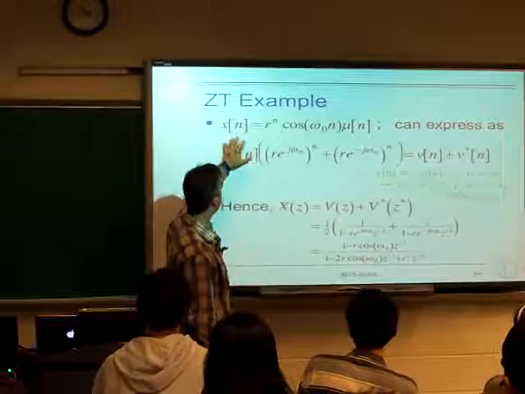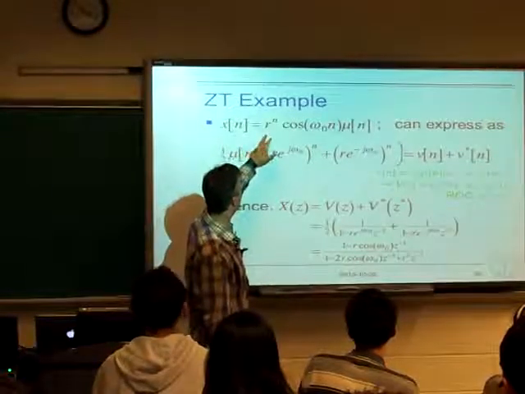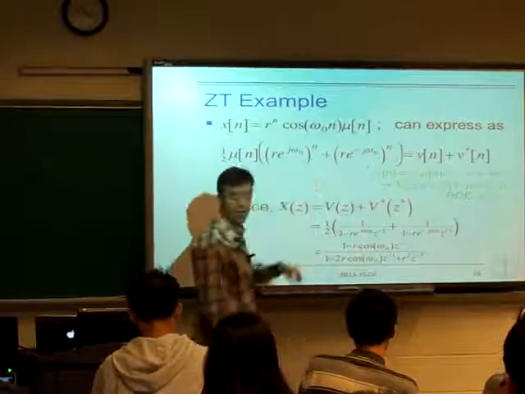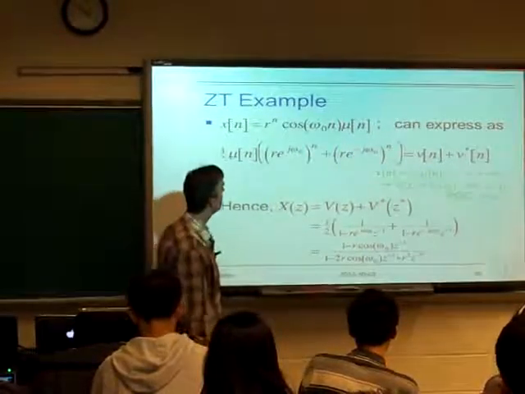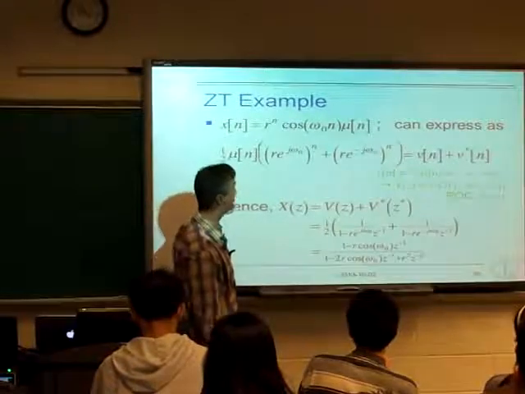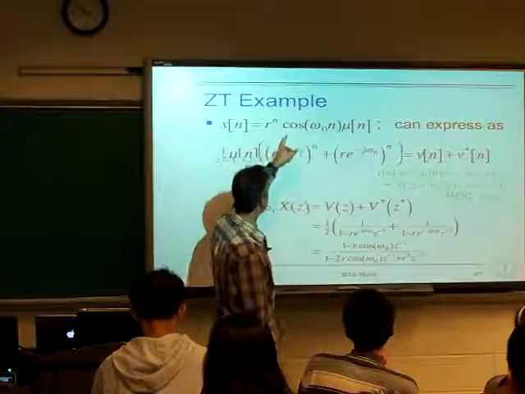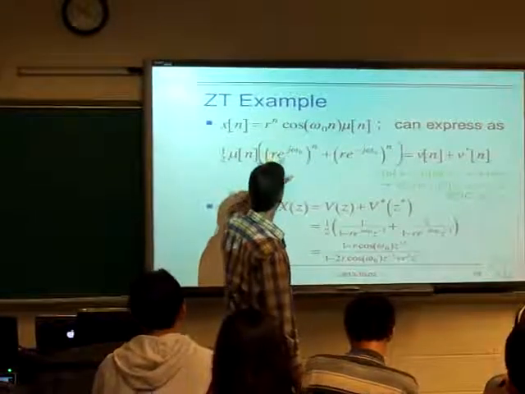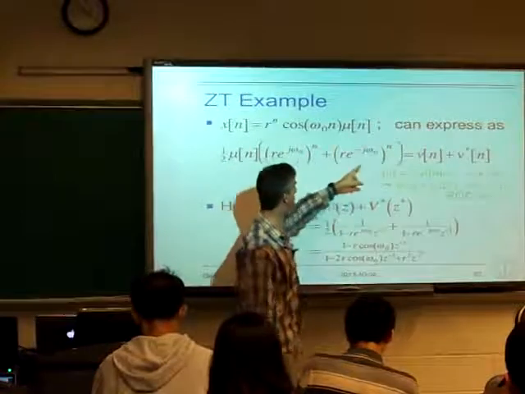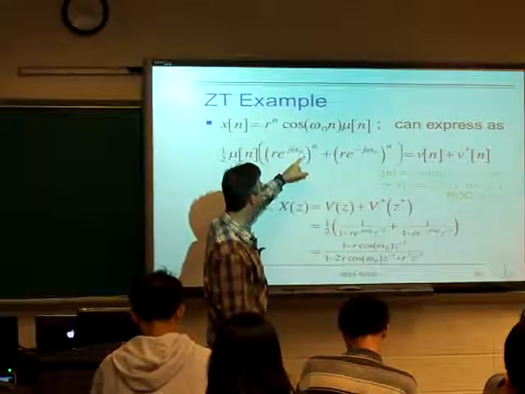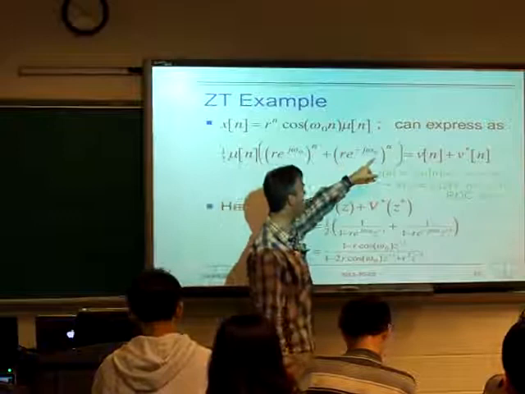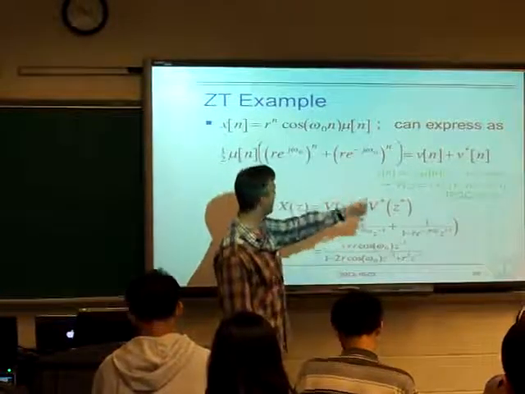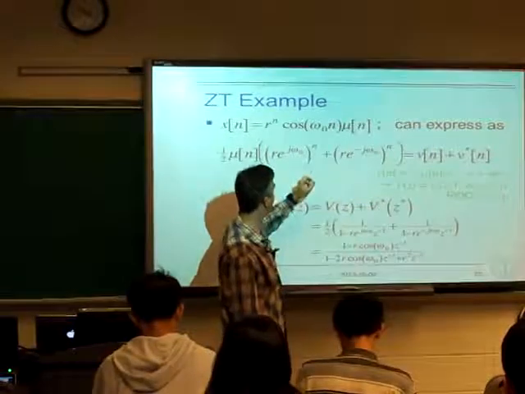If we have x of n equal r to the n cosine omega 0 n times mu of n, that was actually one of the identities we had in the table. Let's just see if we can derive the identity from the table. Well, we can express this cosine as a sum of complex sinusoids, e to the j omega 0 to the n plus e to the minus j omega 0 to the n, right? That's the e to the j omega 0 to the n is the sinusoid